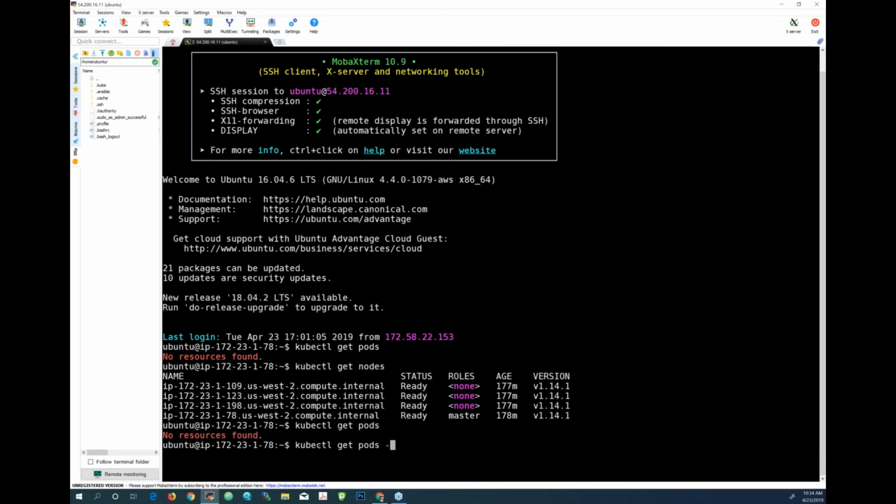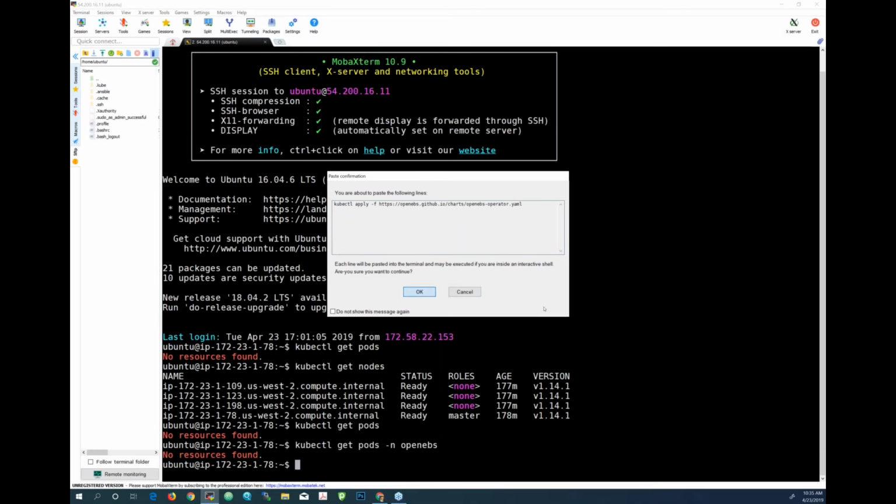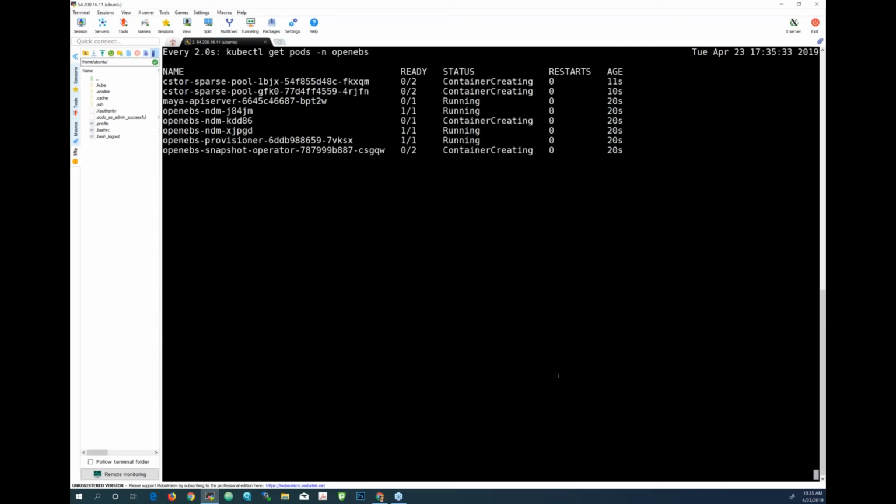I have 3 workers and 1 master, and nothing installed in the OpenEBS namespace either. You can use Helm charts, or apply your YAML file and install, or you can use the Rancher catalog. This time, because I also want to use the demo applications from the repository, I'll show you the operator way of installing it. Let's watch what is happening here. kubectl get pods, openebs. By default, everything is installed in the openebs namespace, like I said.